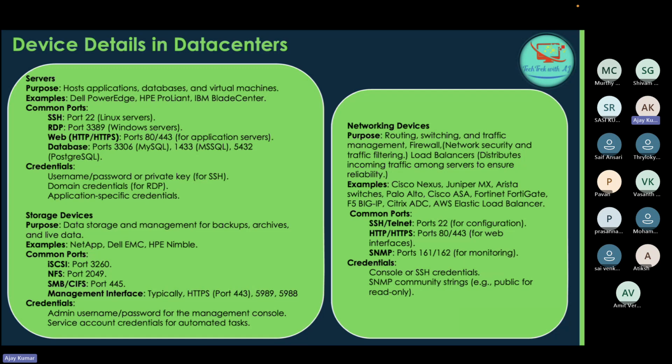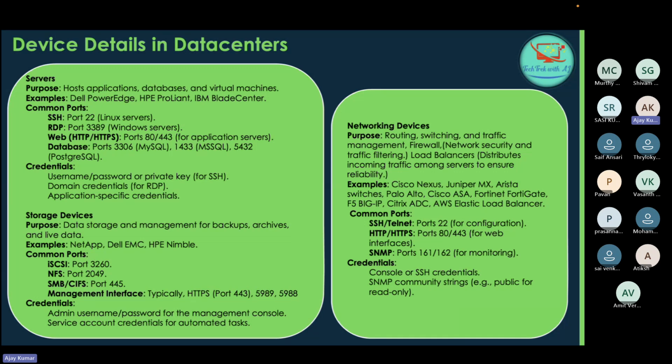So there are different types of network devices: routers, switches, firewalls, and load balancers. Those are the commonly used ones, right? Examples I already mentioned: Cisco Nexus, Juniper MX, Arista switches, Palo Alto, Cisco ASA, Fortinet, F5 Big-IP, Citrix ADC,